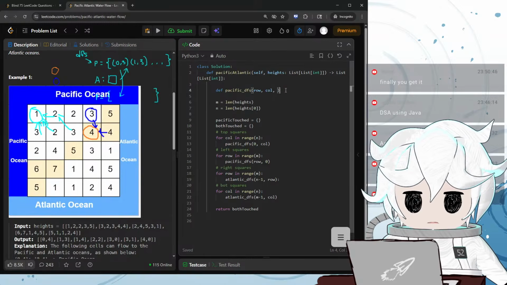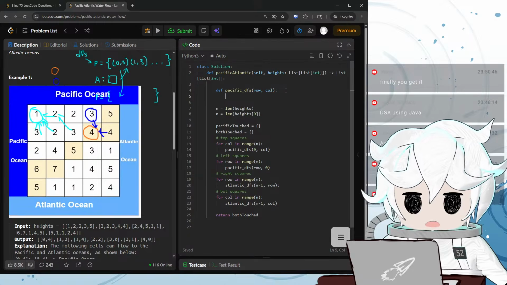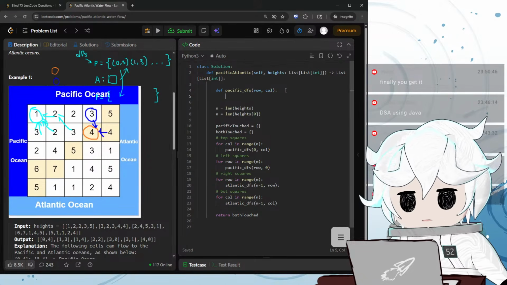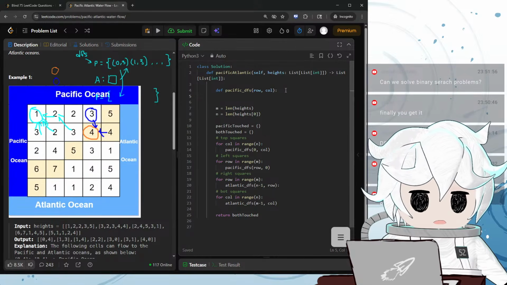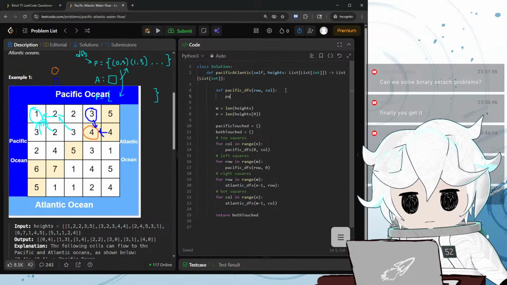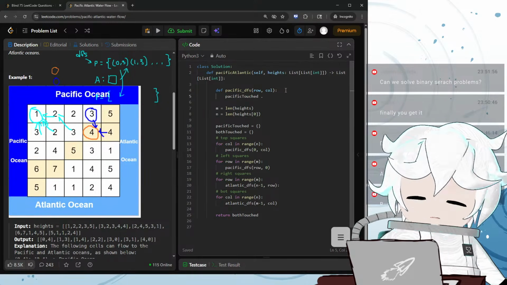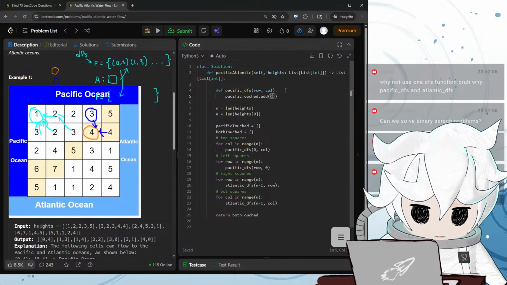So row, column. That's it, right? Just row, column. I think to start off with, we need to process the current node. So we'll put the current square in Pacific touched. So Pacific touched dot. How do you add stuff into this? Is it dot add the current row,